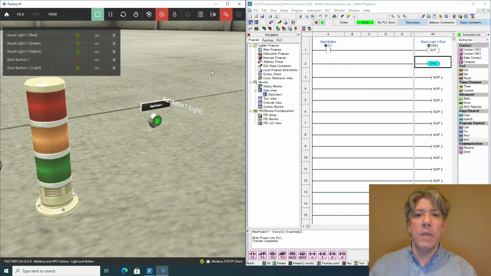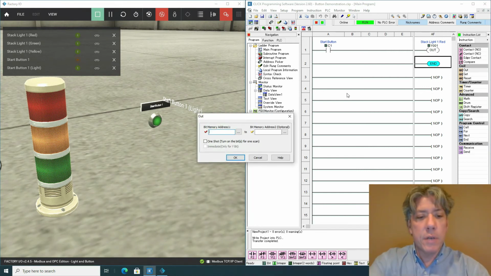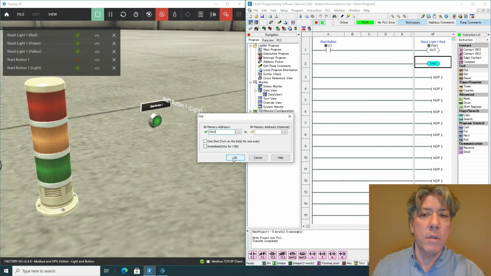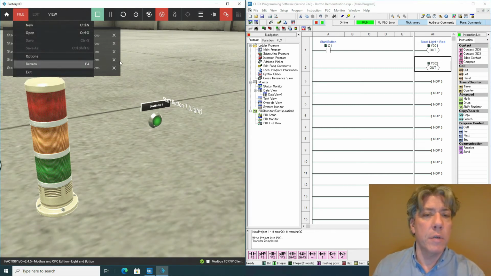Now let's do something interesting here. Let's change our program so we turn on all the lamps. We got 1, 2, 3, 4 lamps. Let's just make them all come on. So let's go over here and we will drag in a new output, and that address would be Y002. It's the next one in line. And the way I know it's the next one in line, by the way, is if I go over here into Factory I/O and I go to the drivers and look